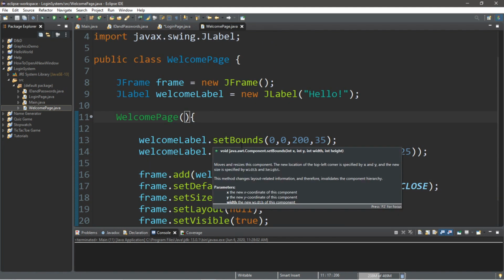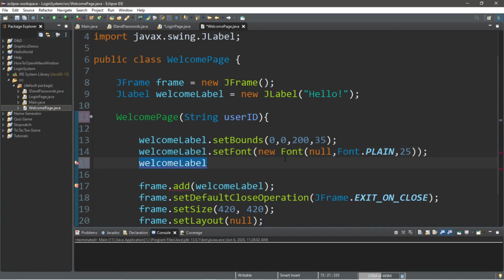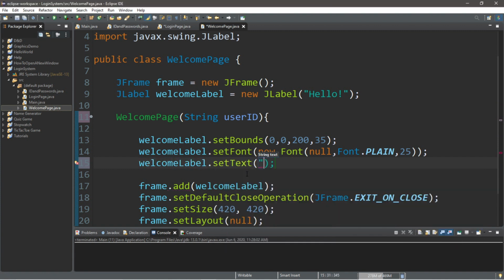So WelcomePage will accept a string called userID. And then for our welcome label, we're going to set the text. So welcomeLabel dot set text to hello plus userID.